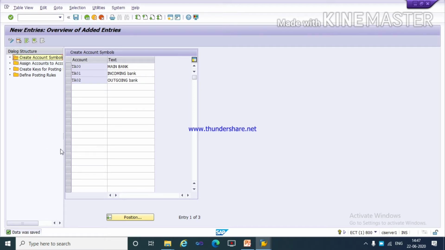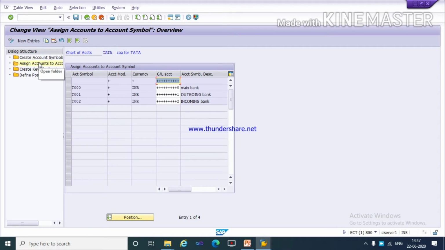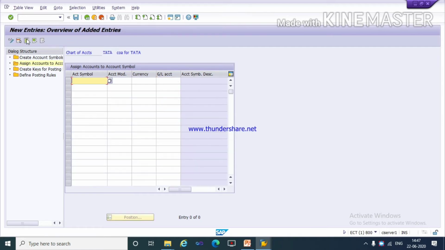Now next is assign accounts to account symbol. Double click on it. Here you need to assign accounts to the account symbols. Click on new entries. Select the account symbols which we have created now, TA00. Then here you need to put a plus, then give the currency. Here you need to assign a GL for the main bank.